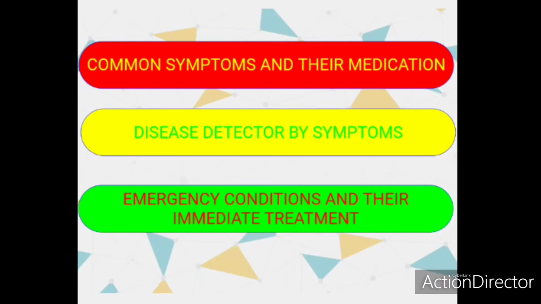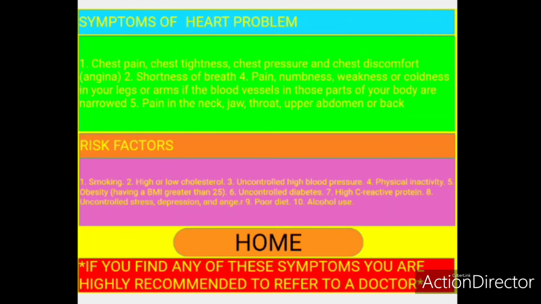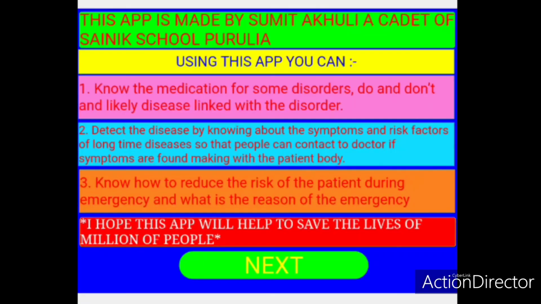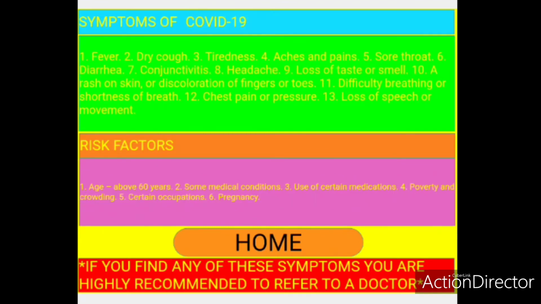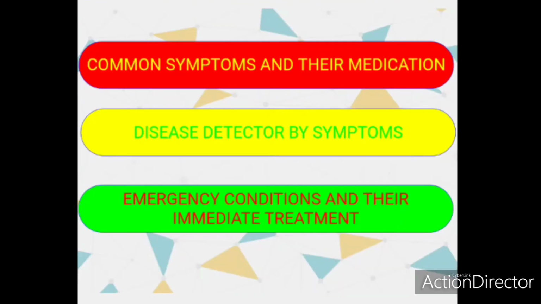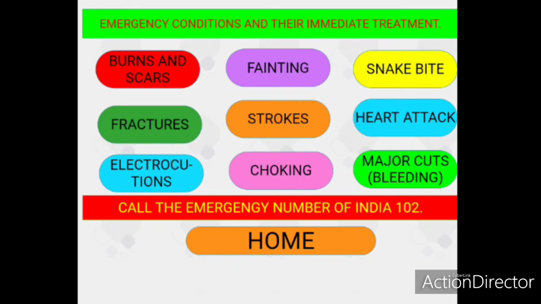Similarly, for other problems like heart problems, you can know what the problems and symptoms are and also the risk factors. Also AIDS and COVID-19, you can know about them. Now the final and most important thing, the emergency condition and the immediate solution. From here you can find 9 options which are very common in real life, because fainting is something you find in a lot of people, fractures, burns and scars, and major cuts are also common. Snake bites are common among people in bushes,